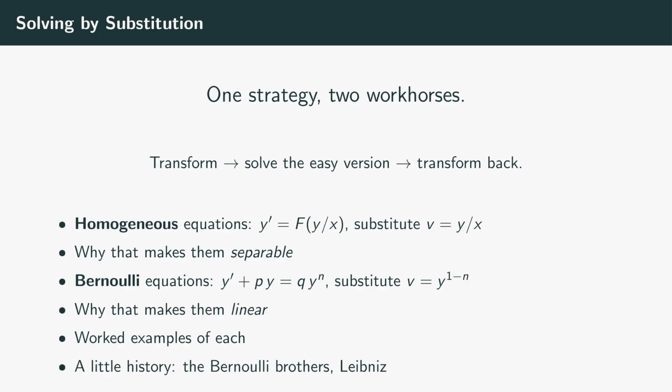The first handles homogeneous equations, where the right-hand side depends only on the ratio y over x. We substitute v equals y over x, and the equation becomes separable. The second handles Bernoulli equations, which carry a nasty nonlinear y to the n term. We substitute v equals y to the 1 minus n power, and the equation becomes linear, ready for the integrating